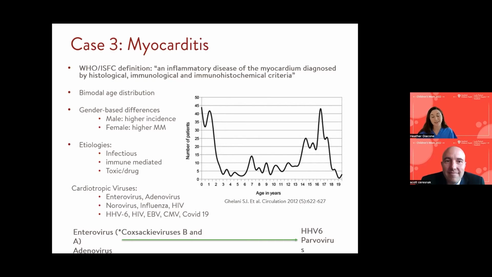And of course, it is a large portion of cases, but actually over the last 10 years or so, we're starting to see a shift. And this study did not include the current COVID myocarditis as well, but we're starting to see a shift from the enterovirus population to parvovirus and HHV6 being more common than adeno and enteroviruses, which I found quite interesting. And this was mainly populations within North America as well as Europe. Of course, there are other types of viruses that we have to be aware of in other regions of the world.